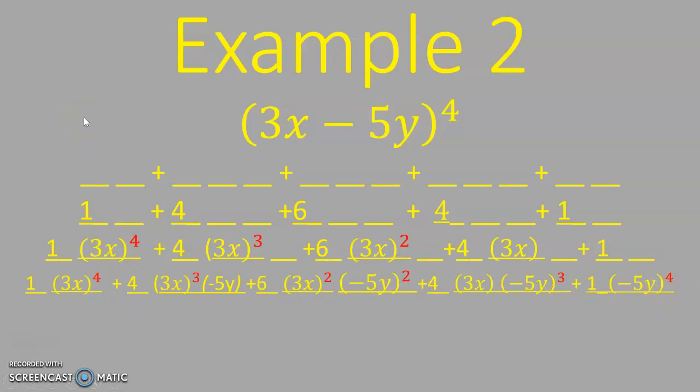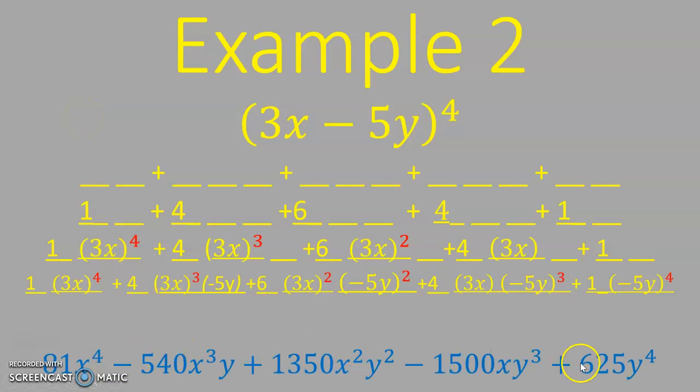So a lot going on here. The answer is very large numbers, or contains very large numbers. Let's just take the middle one as an example of where this 1350 came from. That is 6 times 3 squared times negative 5 squared. That becomes 1350, and so forth for each of the others. So you might want to pause and make sure you can get those numbers or understand where those numbers come